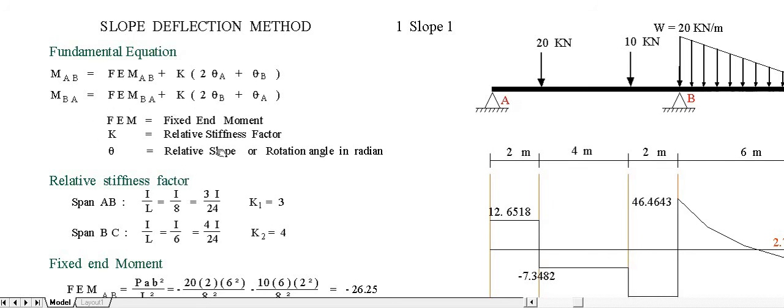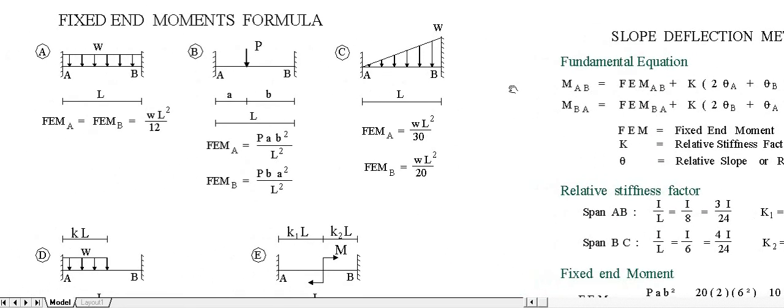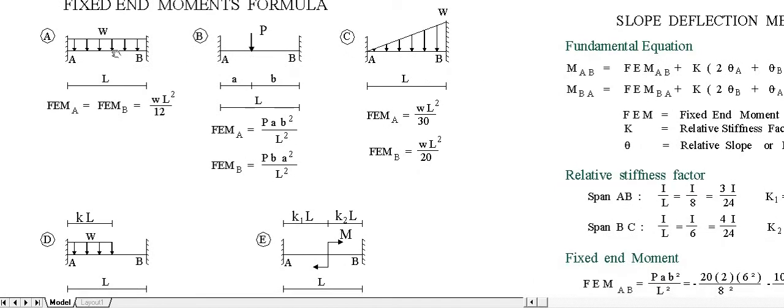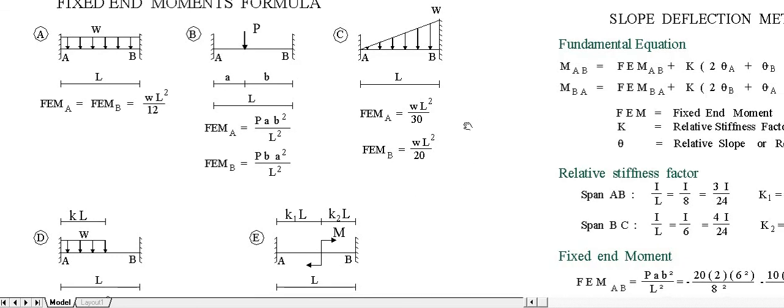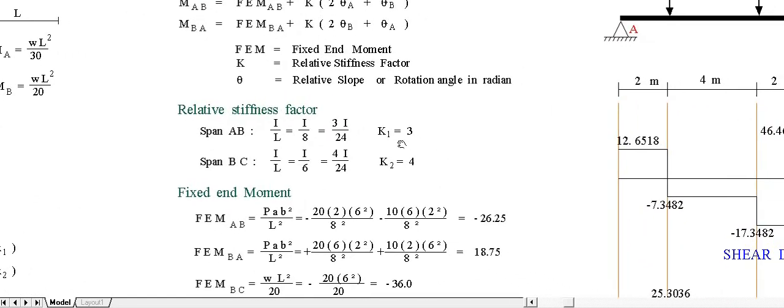Definition of the variables are this. Now, for fixed end moment, we have this formula in general: uniform load, concentrated load, triangular load, then partially filled uniform load, and couple. Okay. Then